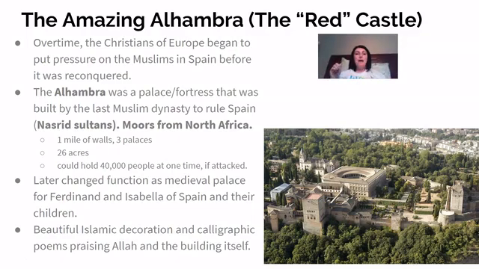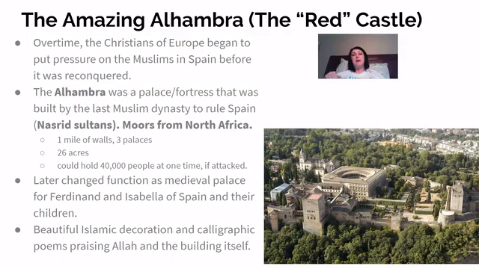There is 1 mile of walls around this, and it's actually 3 different palaces. And because they did build this in Spain, which would have originally been part of the Roman Empire, there are going to be elements of this that do very much look on the exterior like it is part of the Islamic world. But the interior of it definitely reflects that idea of Islamic faith and the fact that this was an Islamic development, part of the Islamic Empire or part of this family.